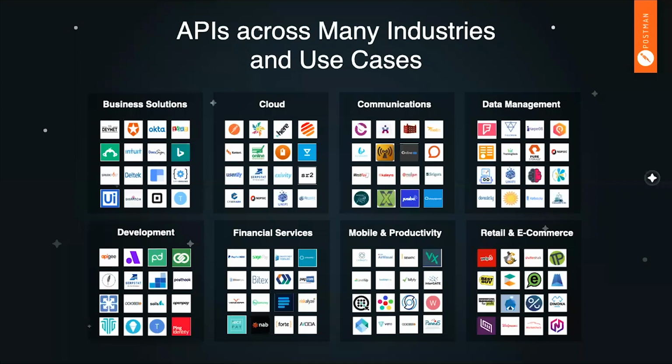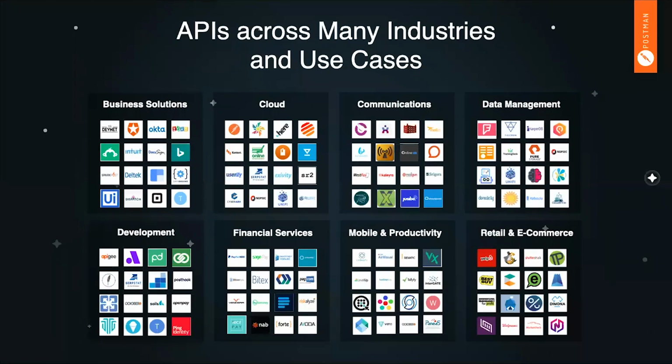All of this is occurring across many industries and use cases. So business solutions, cloud, communications, every industry that is using the web and using technology is being impacted by APIs.